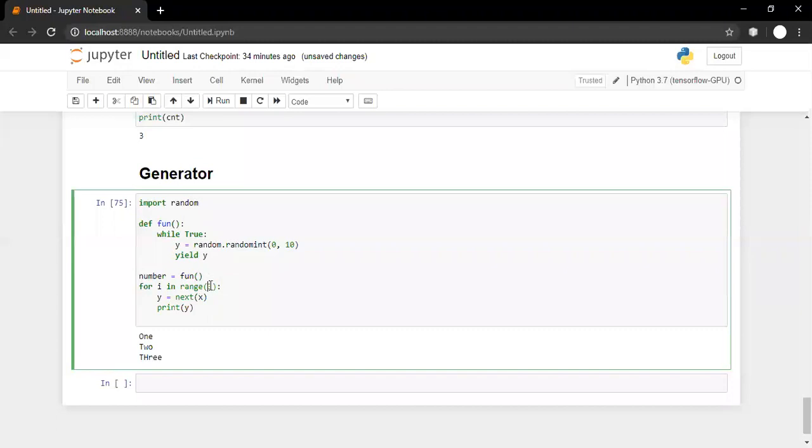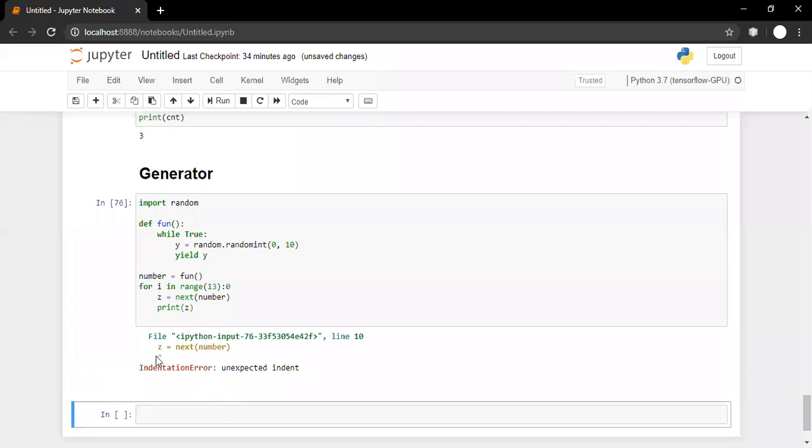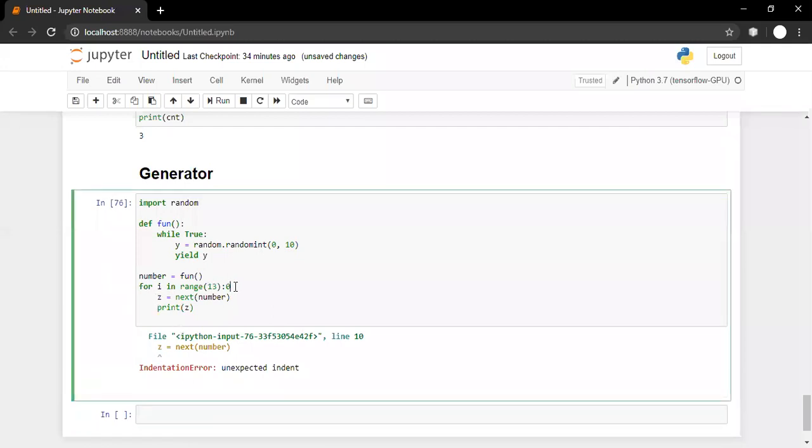So I can write, let us say, for in range 10, and I'm saying next of x, and instead of y, let's say we are using z. Unexpected indent.